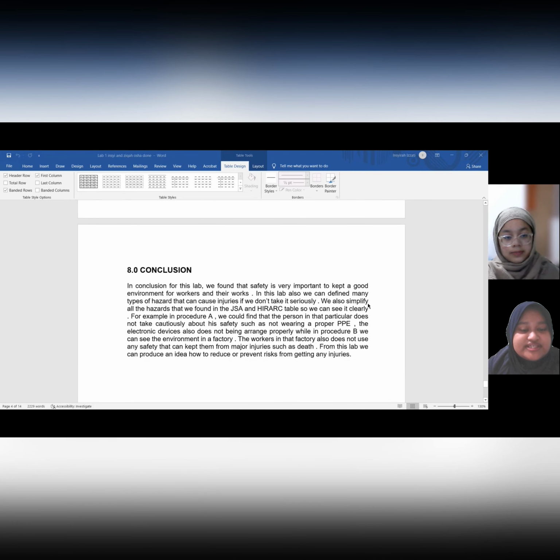In conclusion for this lab, we found that safety is very important to keep a good environment for workers and their work. In this lab, also, we can define many types of hazard that can cause injuries if we don't take it seriously. We also simplify all the hazards that we found in the JSA and HIRARC table so we can see it clearly. For example, in procedure A, we could find that the person in that particular